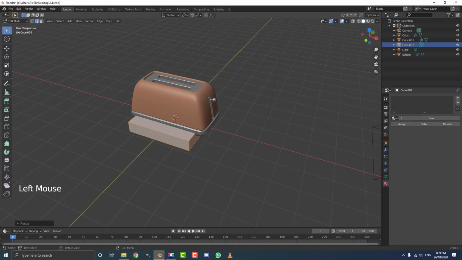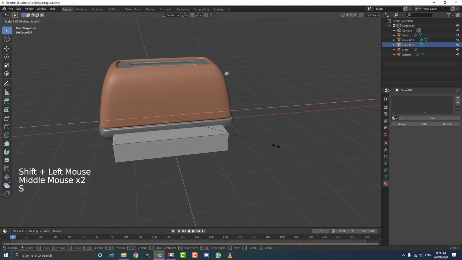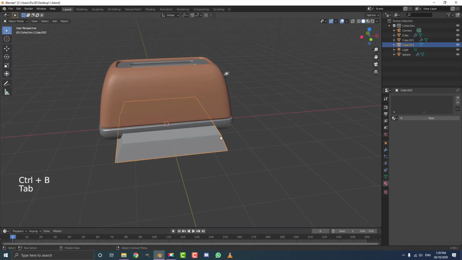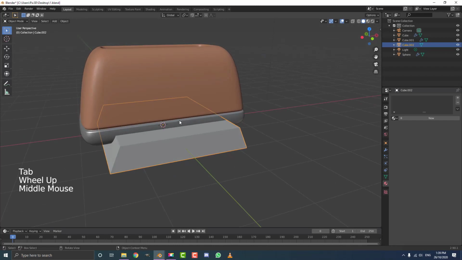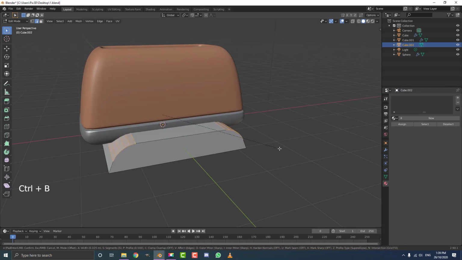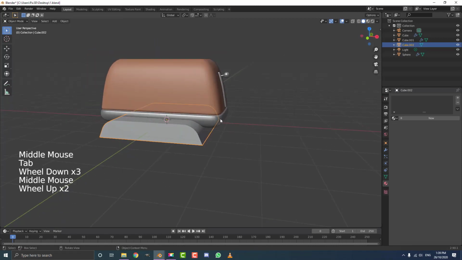Go to your edge select this edge here, and then go S, X, scale it in along the X a little bit. Then go Control B to bevel. Okay, so maybe go into object mode first, Control A and just apply the scale. Then in edit mode, you can go Control B with those two corners selected and just roll in some loops, some segments. So we're gonna go something like this, tab out of edit mode, and then we're gonna go select